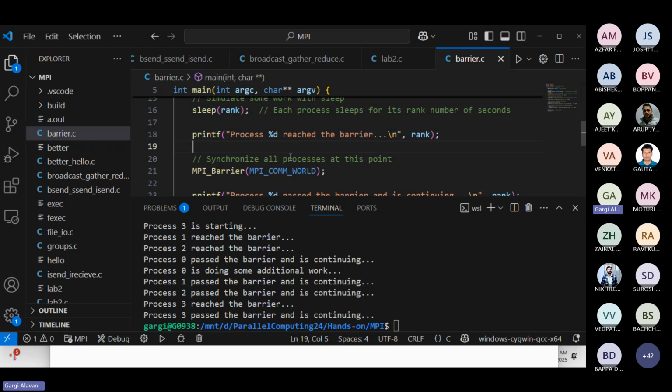they can move forward. But yes, I can see the difference you are saying in the way it is printing. So I will check why this is happening. If there is any reason with the IO communication, I'll have to check. Okay, but yes, you are right. They all should